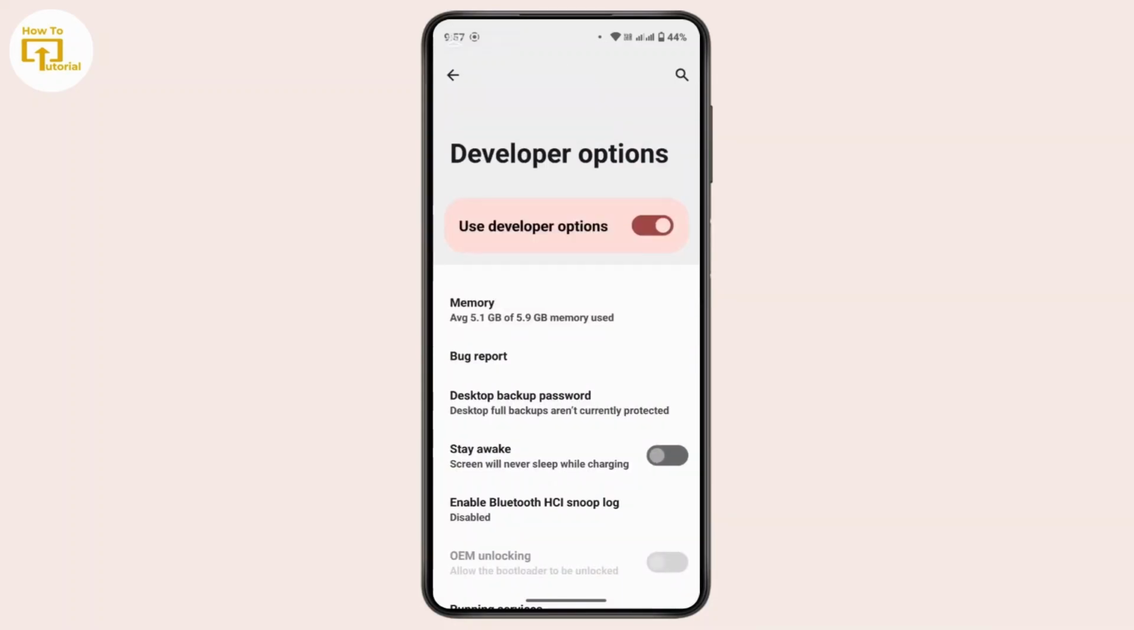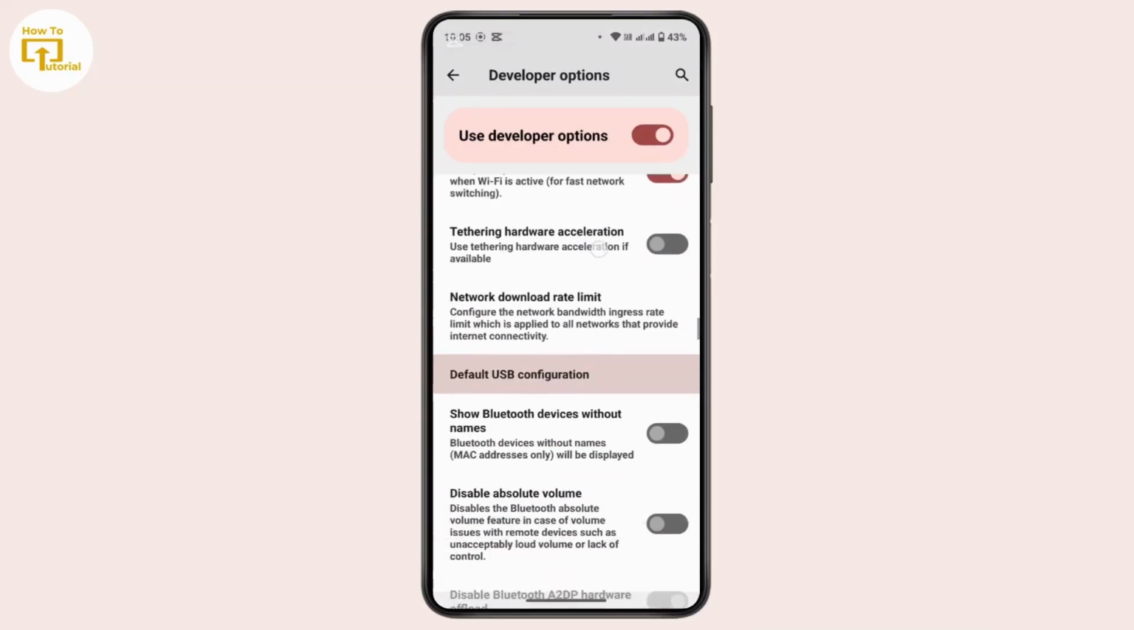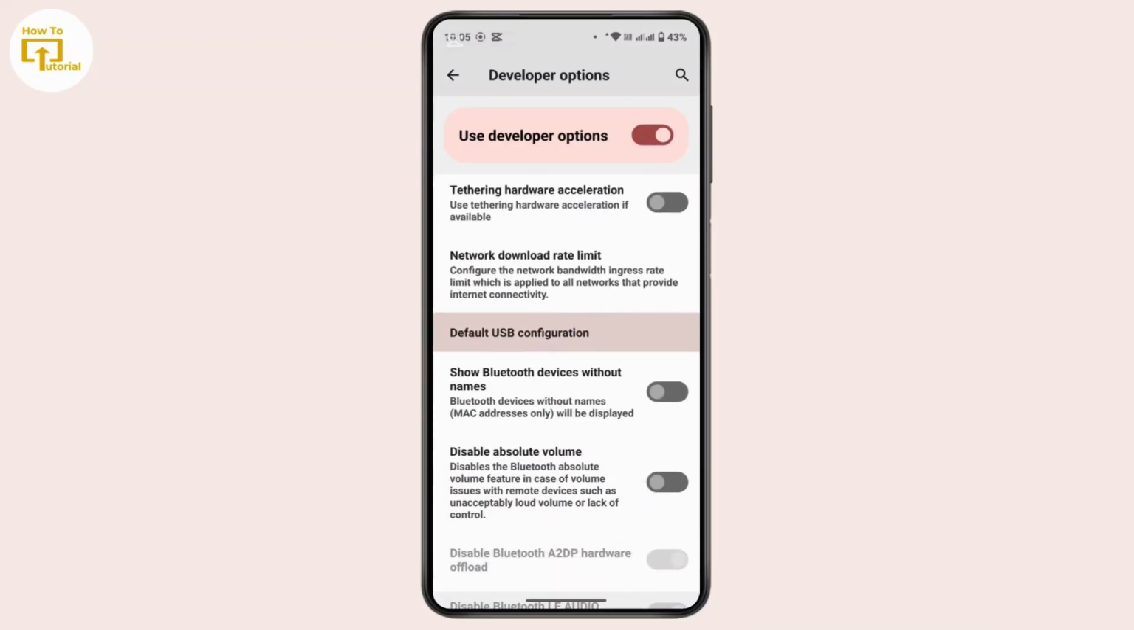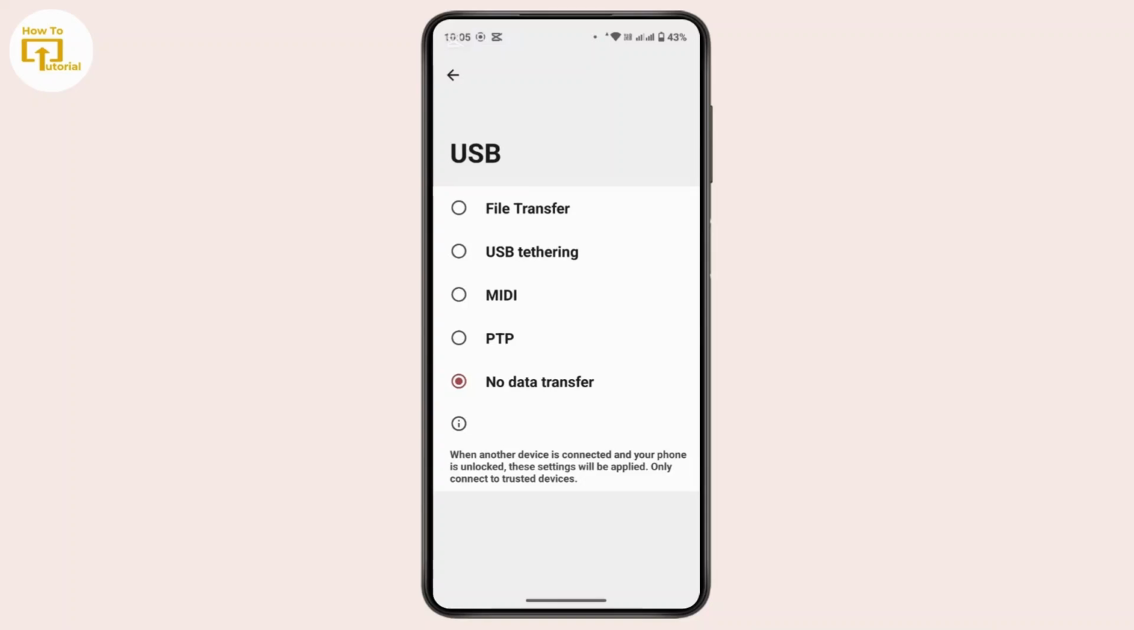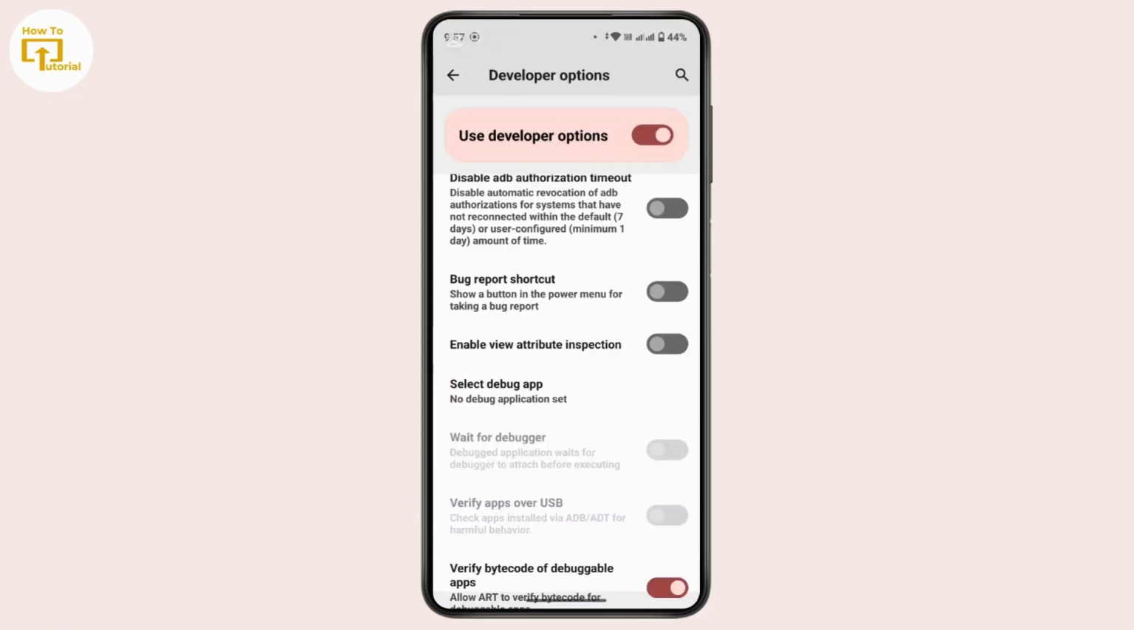Under developer options, scroll down to default USB configuration. Then tap on default USB configuration. Now you can select file transfer or your preferred mode from here. And that's how you can fix it if you're not able to find the USB connection selection mode displayed in your